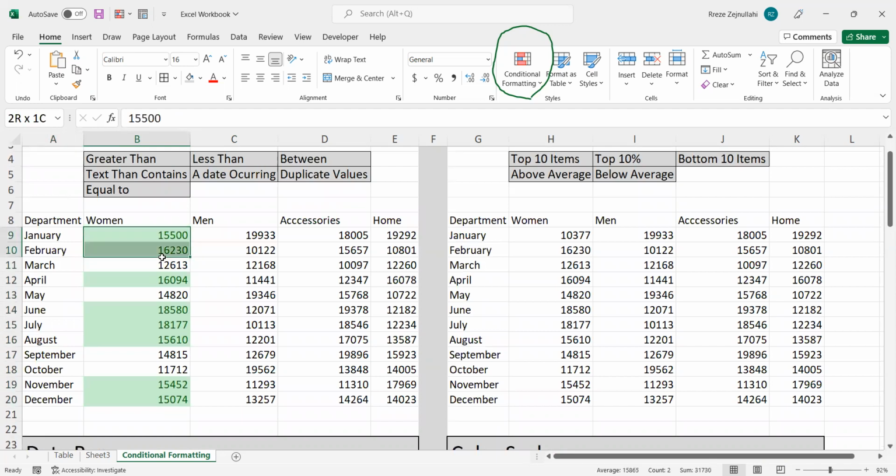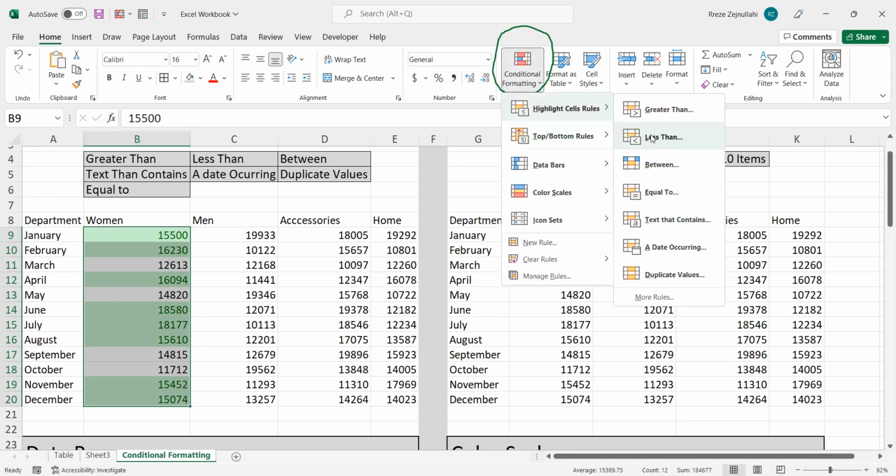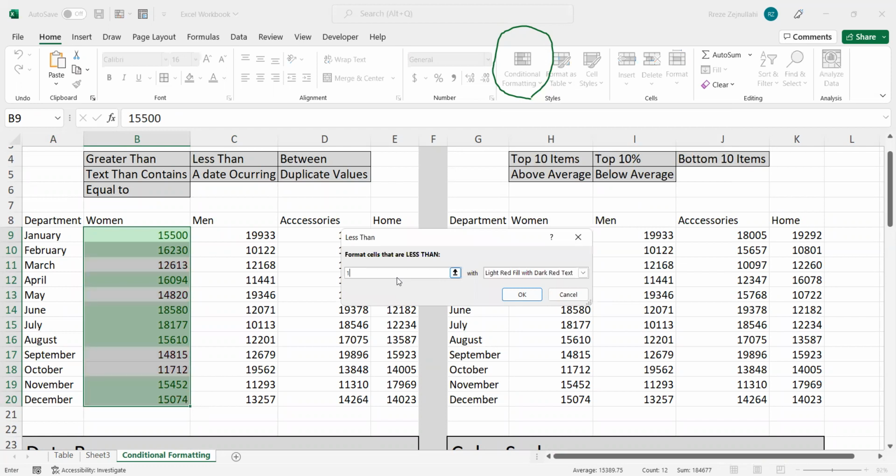If I want to do less than, again, I would highlight the whole table right here. I would go to conditional formatting, top bottom rules, less than, I could say less than 15,000. And I could say with a light red fill and dark red text. If I want something a little bit more